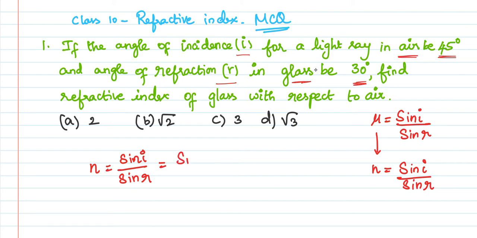So in the place of i, what am I going to substitute? That is 45 degree. And in the place of r, 30 degree. So it is sin 45 divided by sin 30. I know very well that the trigonometry portion has not started in many schools. So don't worry, it is in the second term for you. You can check the trigonometry table on Google and memorize the trigonometric values, which will be useful in your higher classes also.